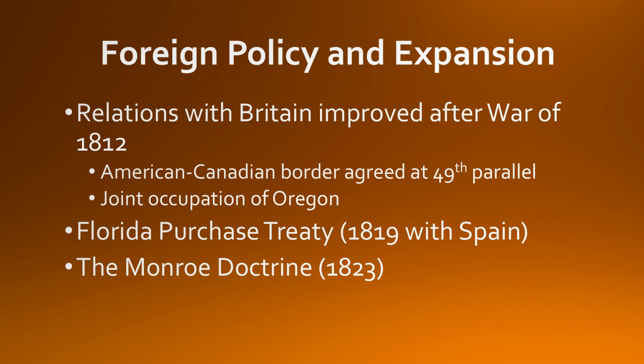Another interesting part, while we see this aimed at Latin America, was also aimed at Russia, who had designs on the Pacific coast coming down from Alaska into Oregon, where they had claims, and we were alarmed that they would go even further south. Nationalistic Americans really supported it. It maintained Washington's tradition of avoiding entangling alliances and keeping Europe out.